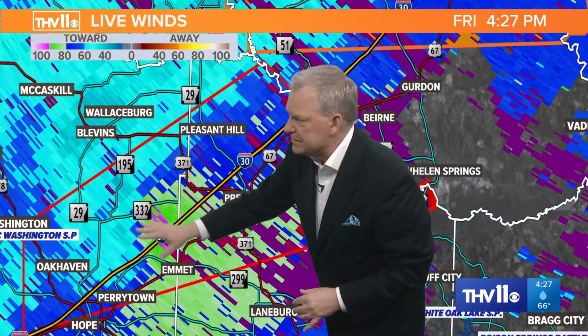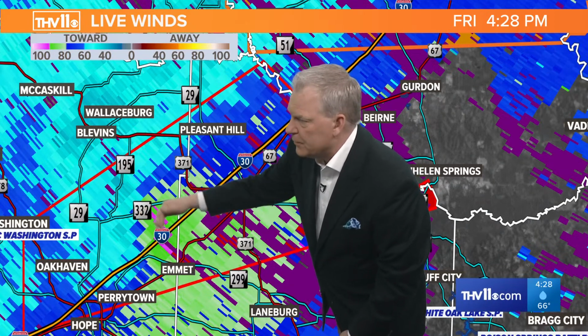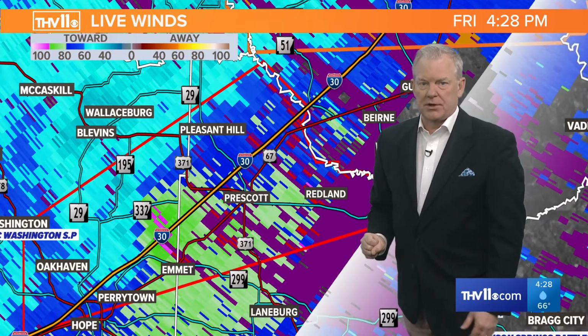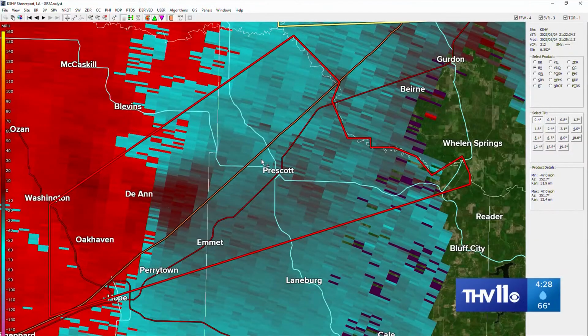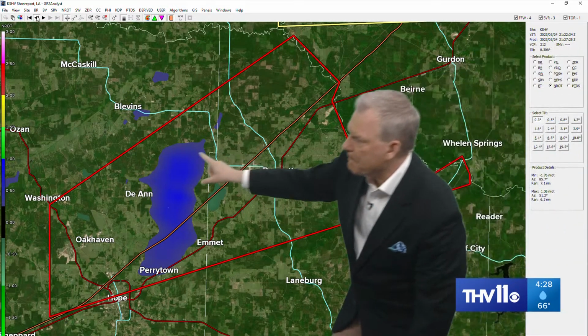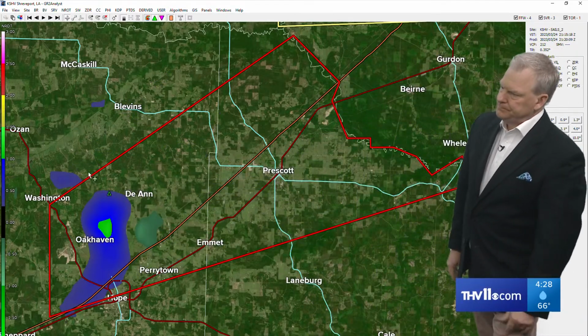And there you go, right there. There's the strongest area of concern. Highway 332 near I-30. This cell is lifting to the northeast toward Prescott. It's going to be close to you here in the next few moments. And we can go to Storm Track 11 if that's possible, guys. I'm going to take a look at the NROT, or the rotation within this cell. It was more defined just a couple scans ago, right there close to Deanne and also Oak Haven,